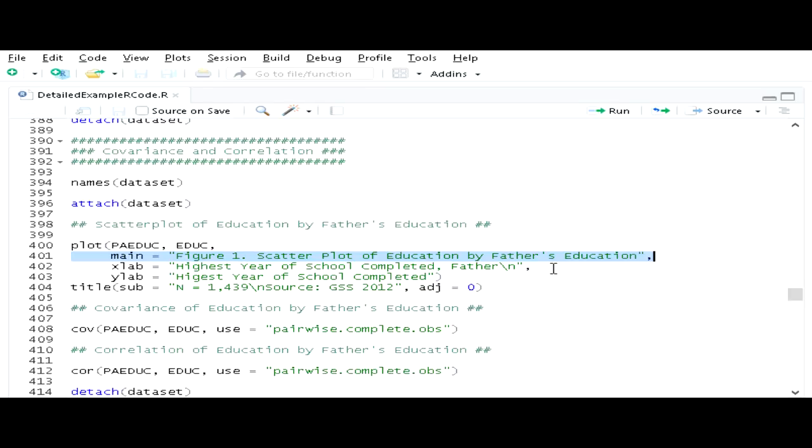And then I'm going to label my axes. For the x-axis, the independent variable, I'll use the label highest year of school completed, father. For my dependent variable, the y-axis is going to be labeled highest year of school completed, and that's by the respondent, of course. Then I'm going to have the title command run after this, which will put a note at the bottom of the figure telling us how many cases we're going to use in the analysis, in this case 1,439. I'm going to use some end-of-line characters to put on a new line the source of the data, that is the General Social Survey 2012, which I'm going to left align. So if we run this,